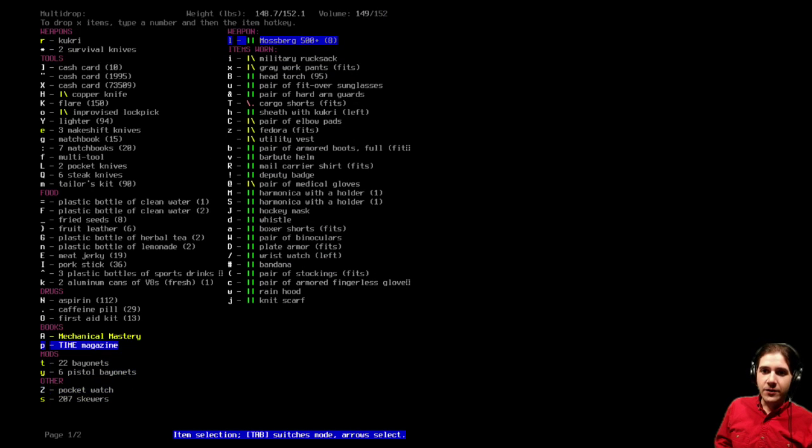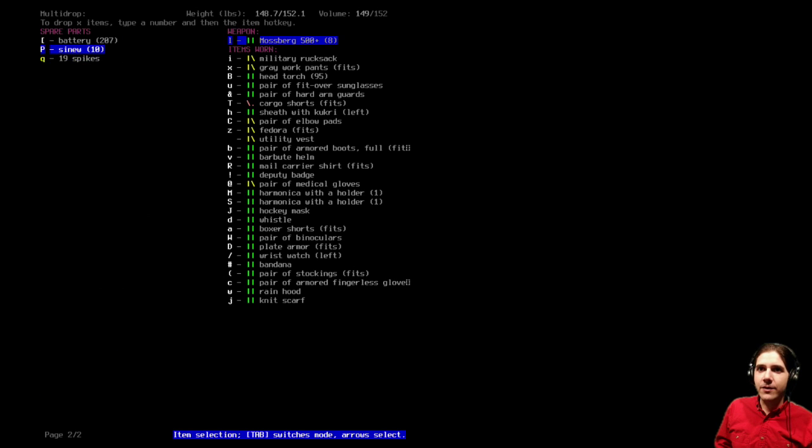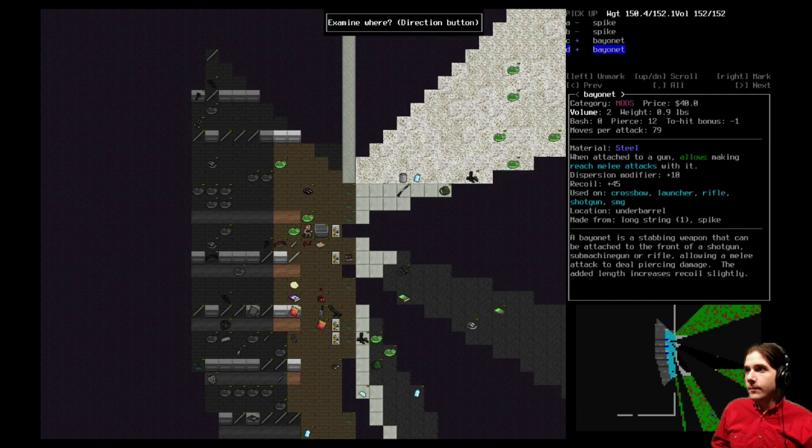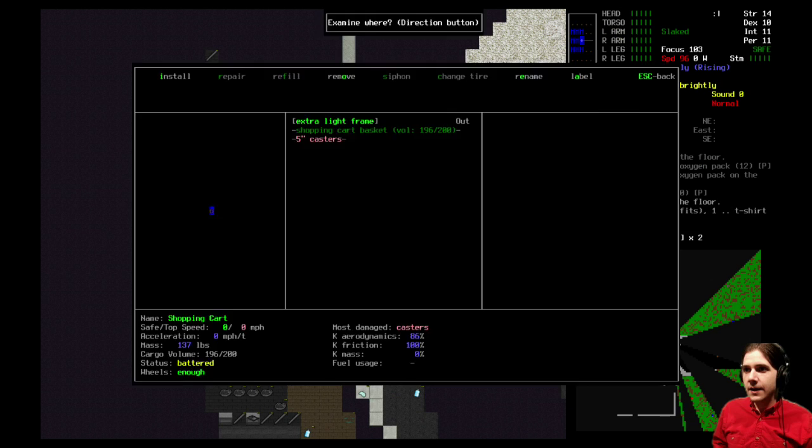Maybe I don't need all these books. Maybe I could just leave some of these books here and then say they're on the map and then come back to them. Well, it's something I'll consider for later. But for now, bayonet, bayonet. And...